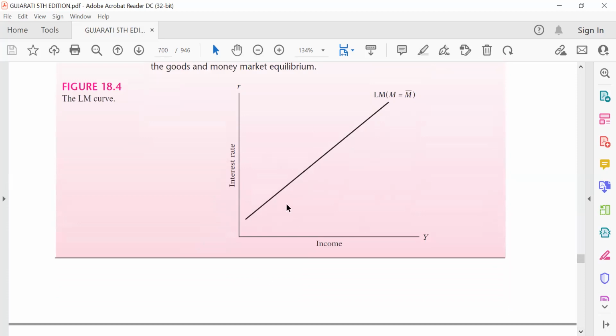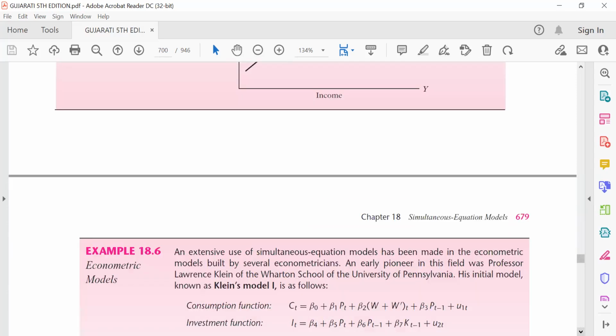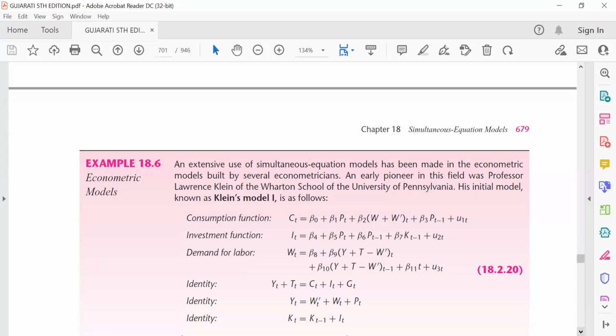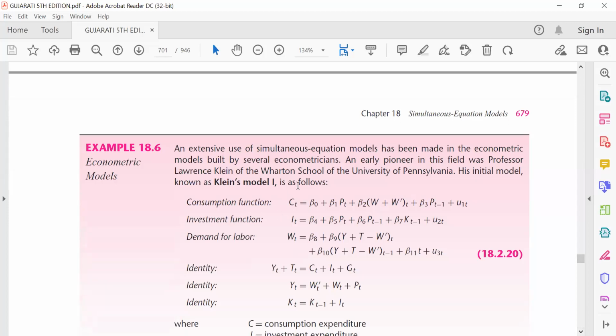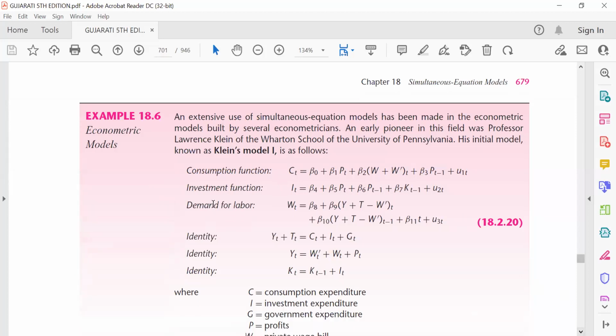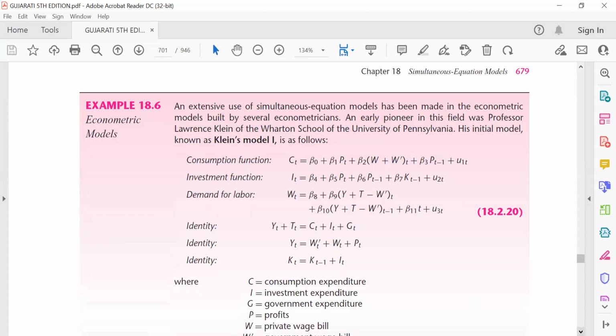Okay, this is an IS-LM model. If we extend our model by using Klein's model, this is Klein's model, a more sophisticated model. We have consumption here. Okay, we have also investment. Consumption is determined by